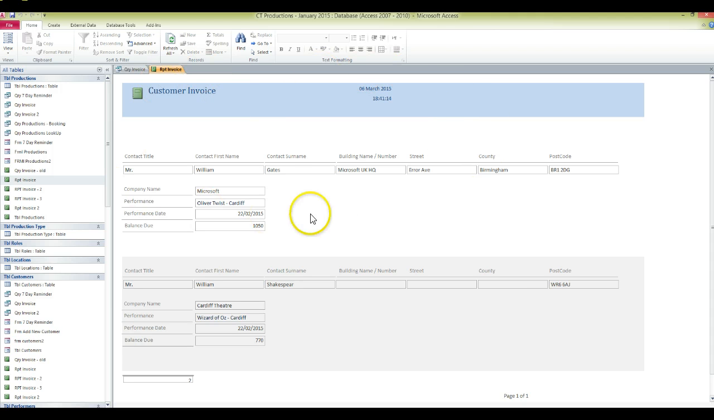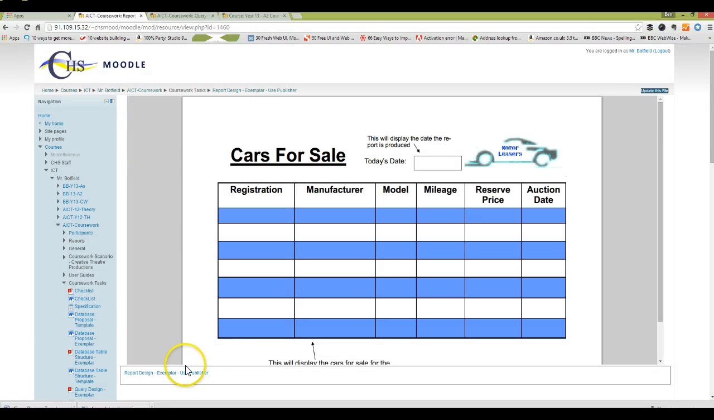Now I did say in the screencasts when I was doing the reports that you need to add your CT Productions logo, and you need to make yours look a little bit more pretty than mine. Mine are just working examples. So use Microsoft Publisher and mock up the different reports that you've created. Once you've completed your reports, it's back into Moodle, back to the AICT coursework homepage,